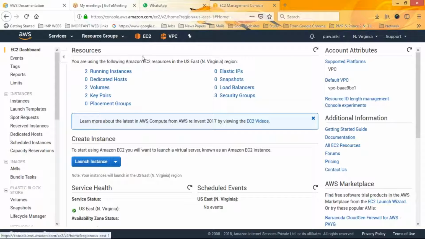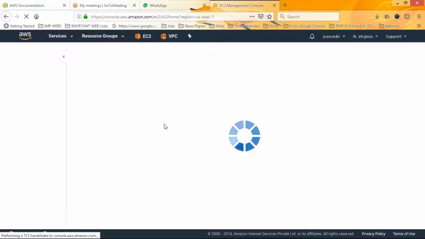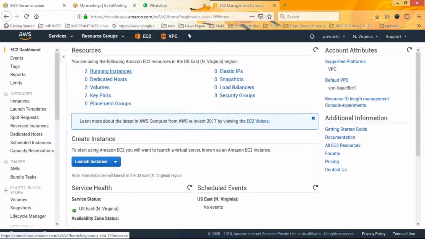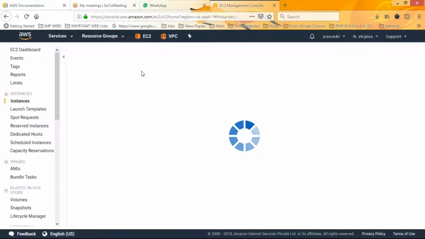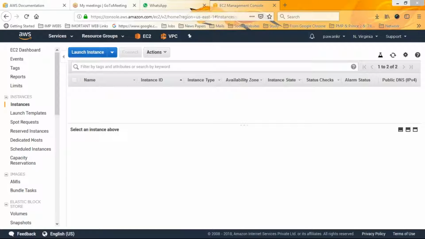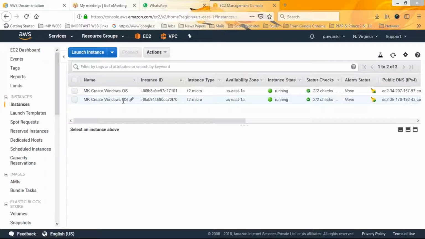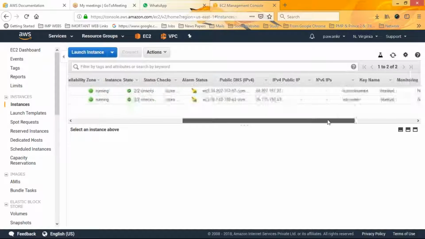So before we continue with AWS auto scaling, we have two instances running at the same time. We have two running instances in our AWS console. Auto scaling means that we have a minimum requirement of two instances working, and you can increase or decrease the number of instances as per the requirement. So the right number of EC2 instances is required for auto scaling,